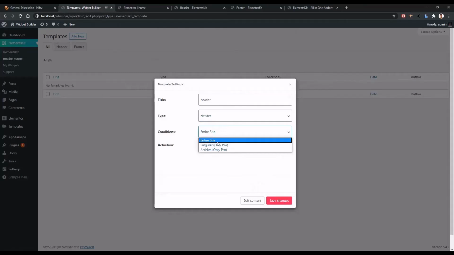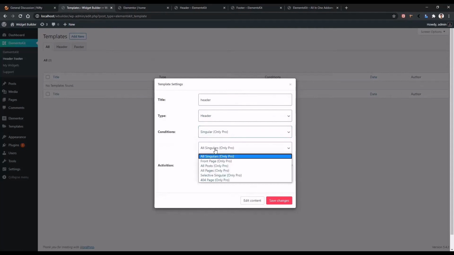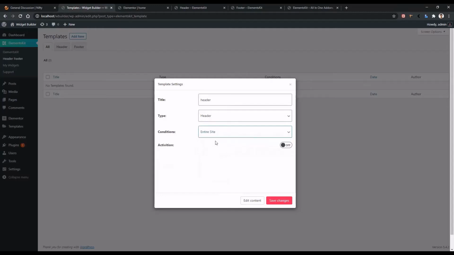Or if you want to use it for any specific page, at that time you need to select singular, and you'll have another input. Open that and you'll have more options, like do you want to use it for all singulars, front page, for the post, 404, etc. You can also use it for archive pages. In my case, I want to select entire site. Now activate, save change,